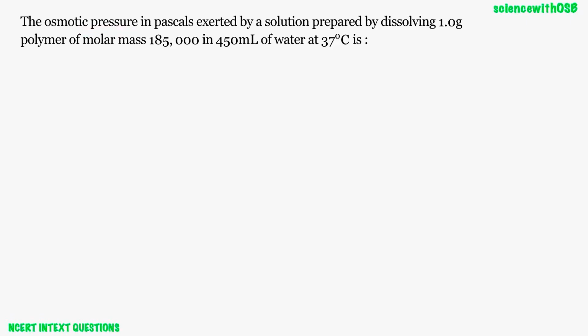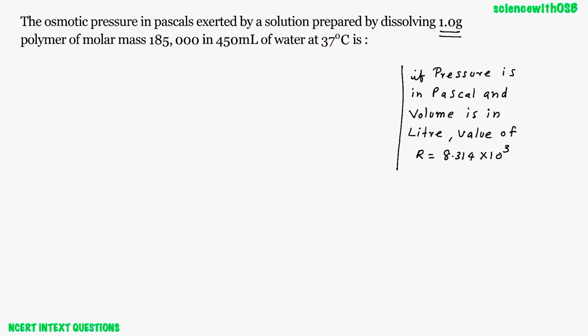The osmotic pressure in pascals exerted by a solution prepared by dissolving 1 gram of polymer of molar mass 1,85,000 in 450 ml of water at 37 degrees Celsius is. Before attempting the question, you must know this point. If pressure is in Pascal and volume is in liter, then the value of R is